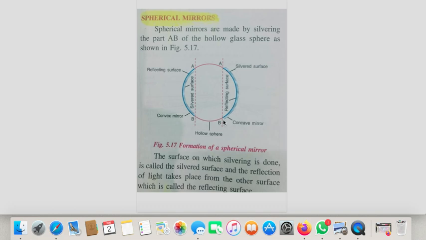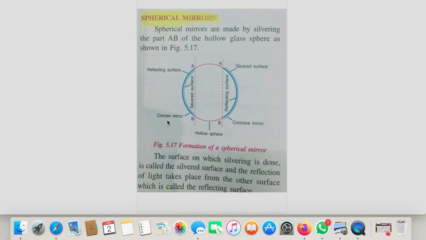If the bulging part is polished and the inner part is the surface through which the reflection takes place, the reflecting surface is that surface on which the light rays strike and get reflected back. Then such a mirror is termed a concave mirror. You can see it is cave-like. The outer bulging part is polished and the inner surface is the reflecting surface. So such a mirror is called a concave mirror, and the mirror in which the inner part is polished and the bulging part is the one through which the reflection takes place,